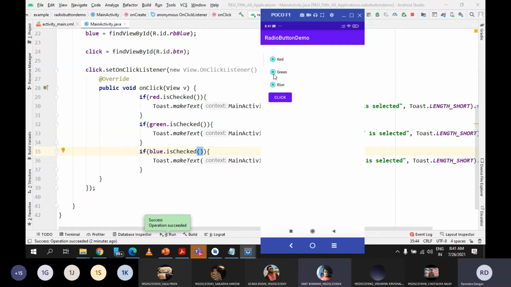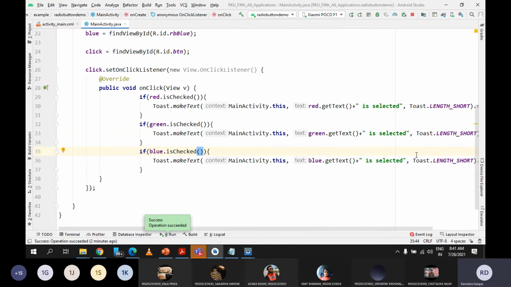Yes sir. Yeah. So if you place all the radio buttons individually, then this is the limitation. Yeah, you can work with radio buttons, but in that case you cannot have control on all the radio buttons. So it is always better that you place all the radio buttons in a radio group. So now let us see how to do that.